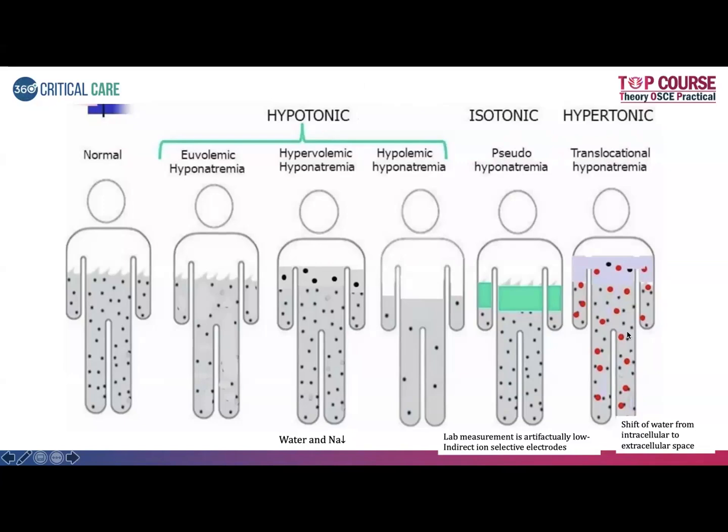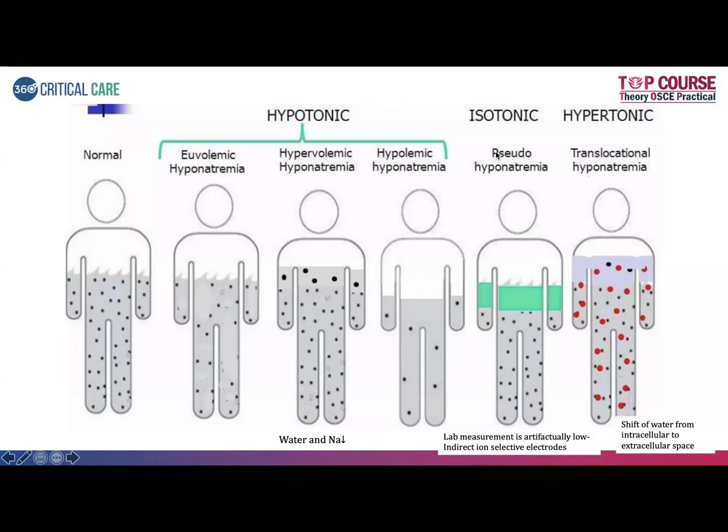So if there are excessive other osmotically active agents like mannitol or glucose, all these osmotically active agents cause excessive shift of water from intracellular space to the extracellular space, thereby falsely resulting in a low sodium